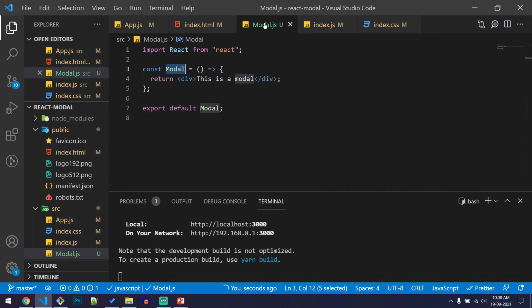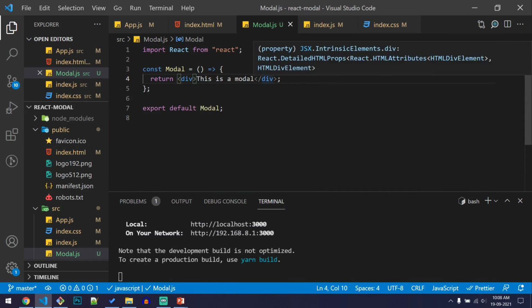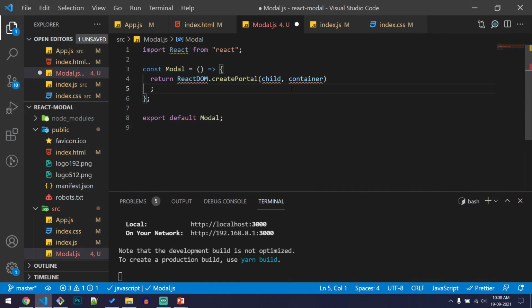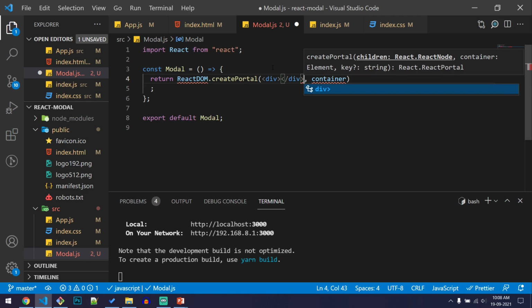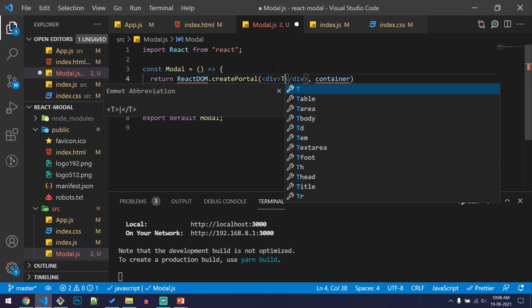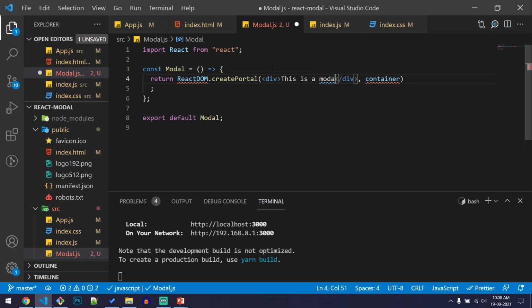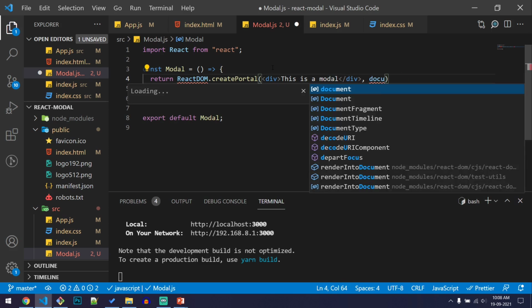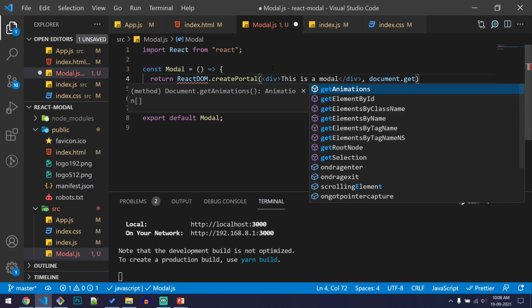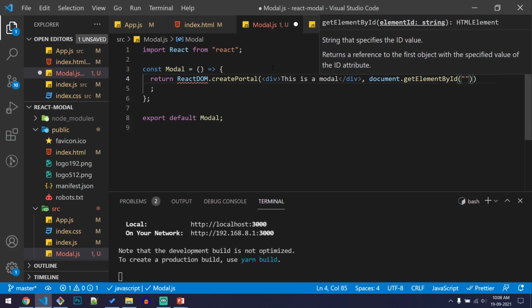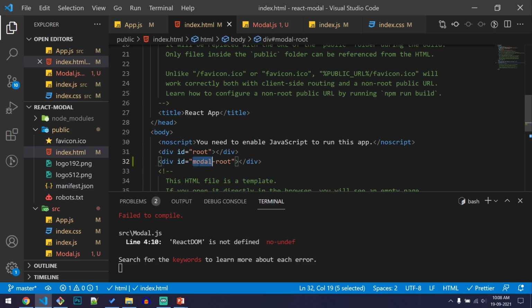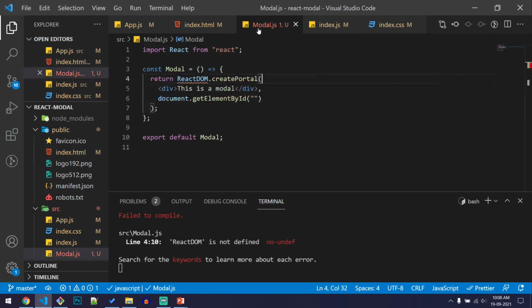So let's go to modal.js, and instead of returning this text, let us return ReactDOM.createPortal. Let's create a div here saying this is a modal, and instead of container we'll have document.getElementById of the id we just created, that is nothing but modal-root.